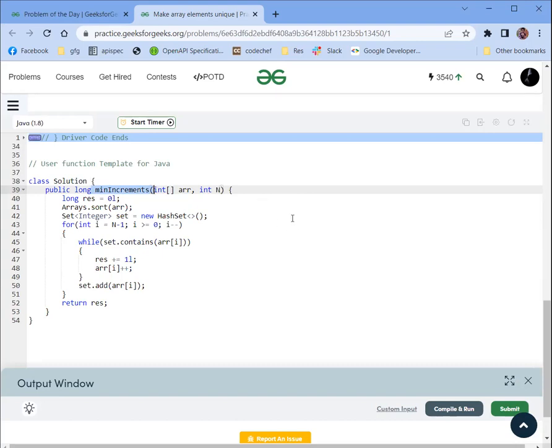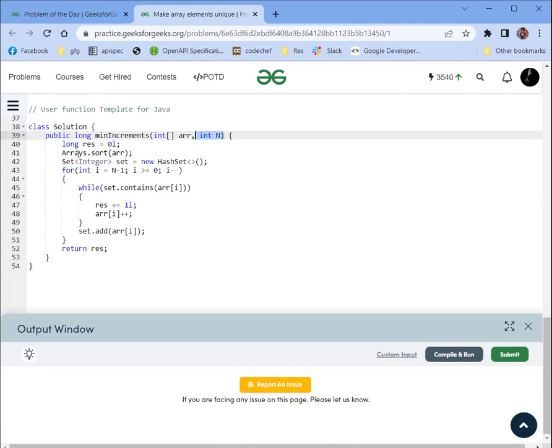Okay, so here it takes two arguments. The first one is an integer array, and the second one is the integer n. So first of all,